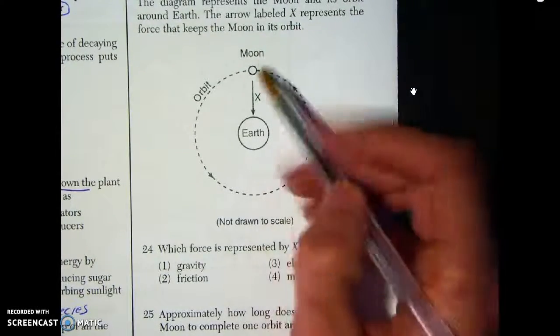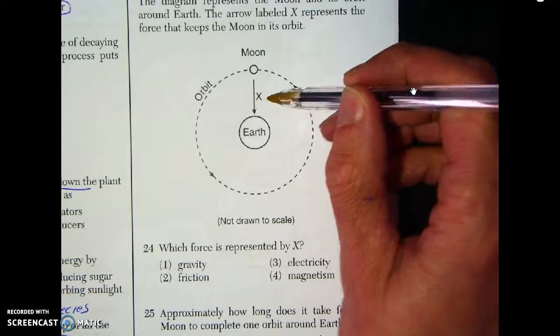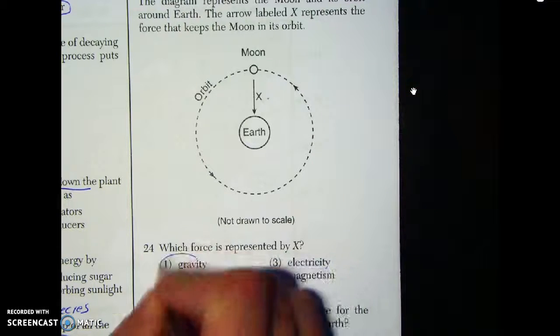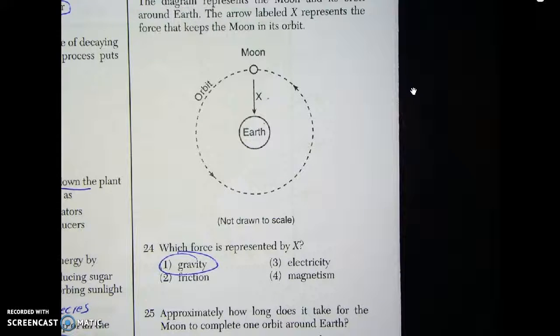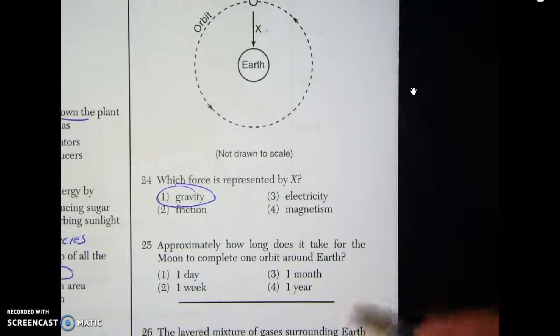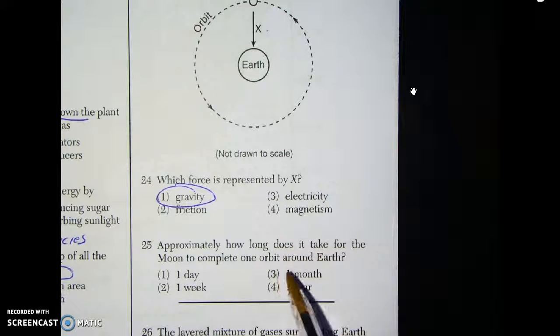Okay, so here we've got the moon and the earth. We have arrow X, which represents the force of gravity, holding the moon in orbit around the earth. Now, one thing that I'd like to spend more time reviewing with you when I'm back in person, or maybe in a video, I'm not sure, is the phases of the moon.